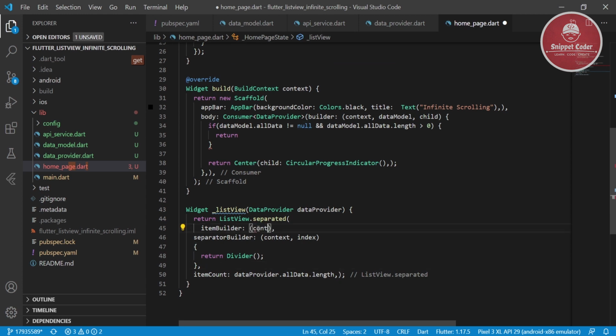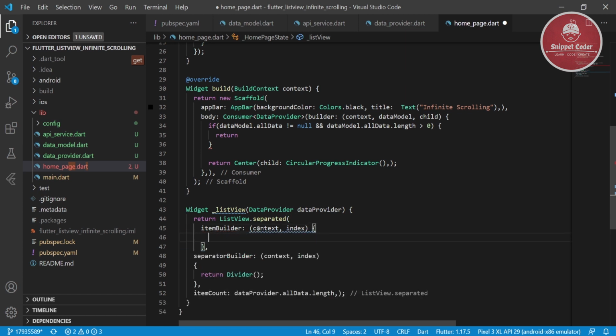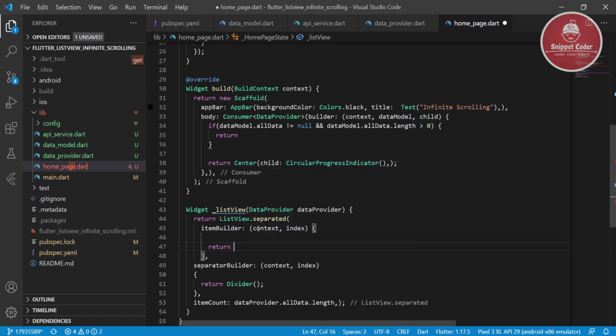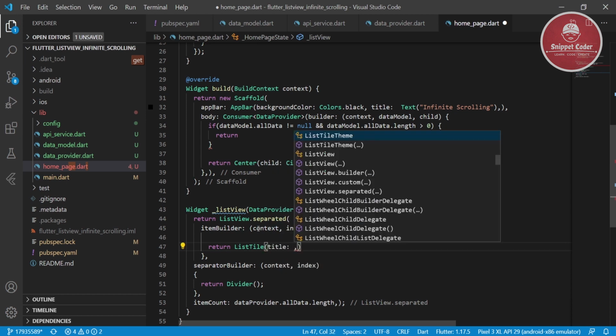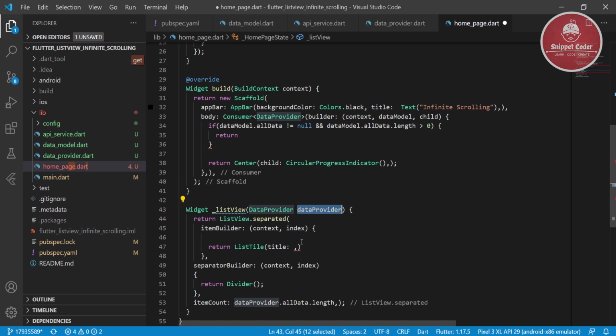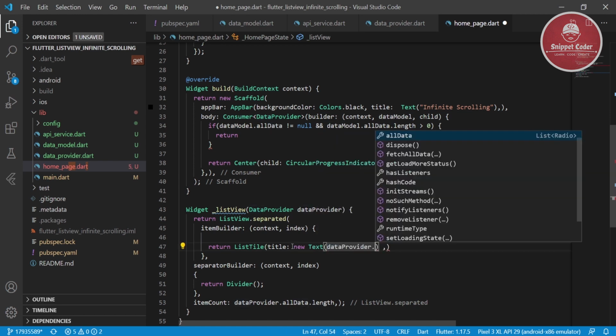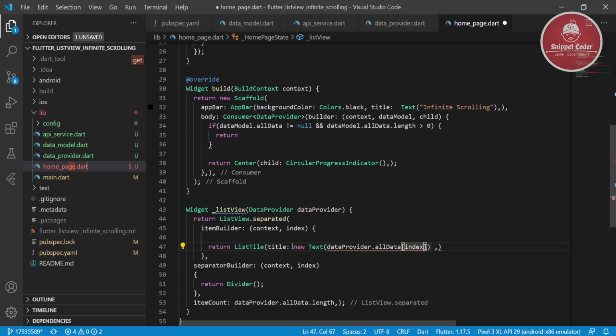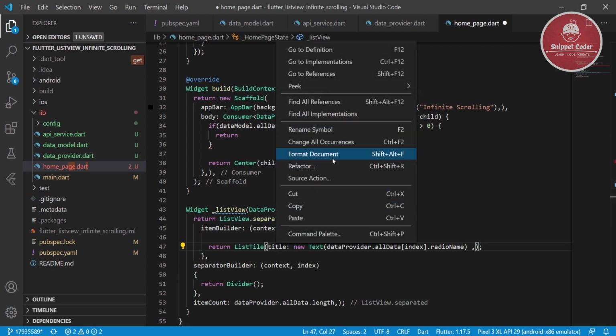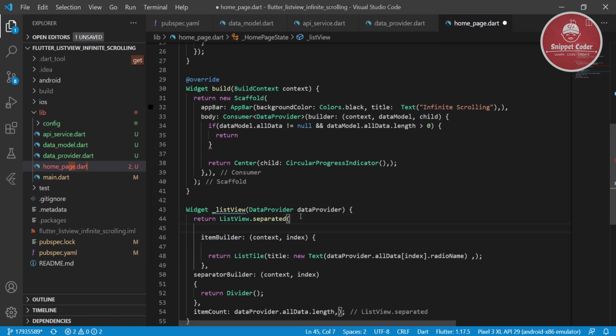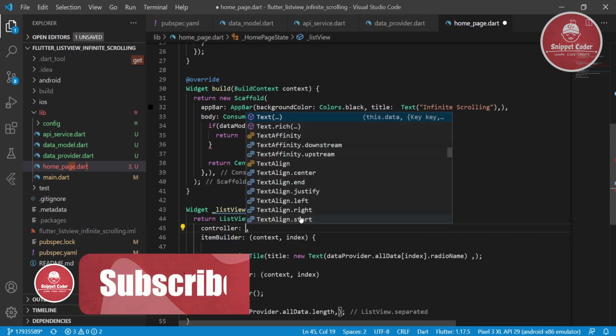and then in the item builder we will have the context, then we will have the index, and here we will pass the return, then we will have list tile, and here we are passing the title, and we will have new text data provider dot all data, then we are passing the index here dot radio name, and here we will pass the controller, scroll controller,